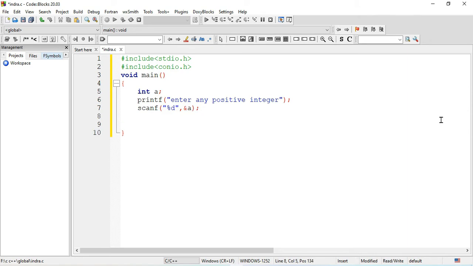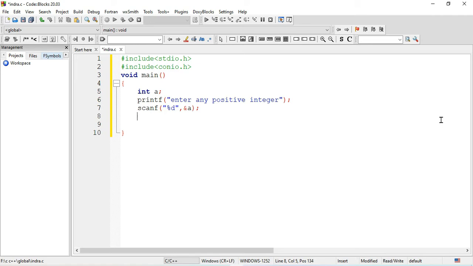Before moving on with the program, let me just say something about the prime number. The prime number always has only two factors. Factors means the integers which exactly divide the number. So we have to count how many factors there are for the given number. We are just going to count the number of factors for the supplied number.